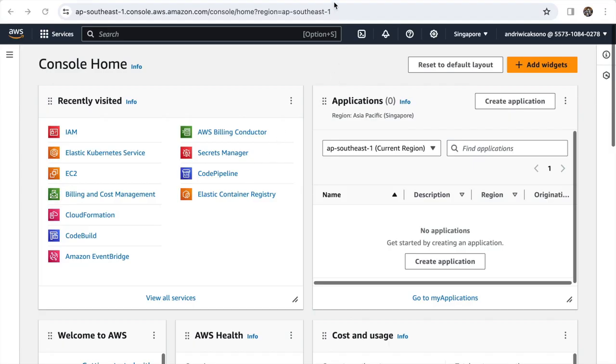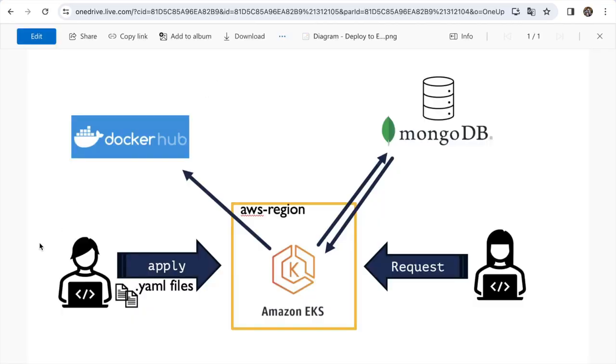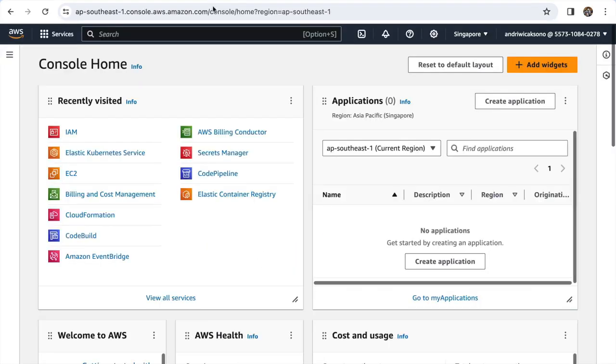Previously, we successfully cloned the repository for our microservices, setting a solid foundation for what's ahead. And today we're going to create an EKS cluster. So let's jump right in, open up the AWS console, log in, and we will create the EKS cluster with precision and best practices in mind.